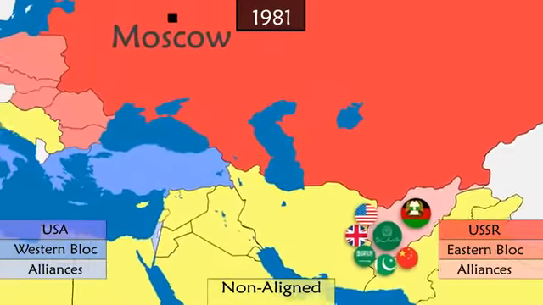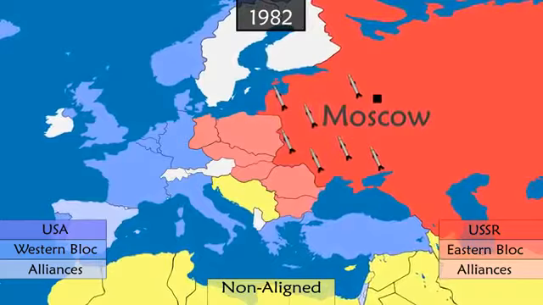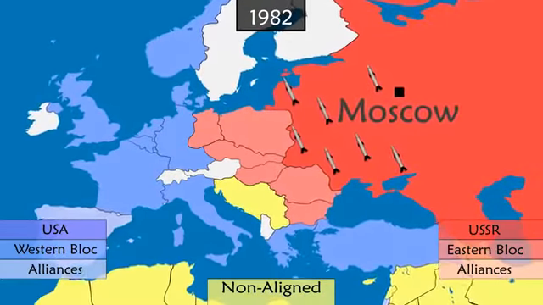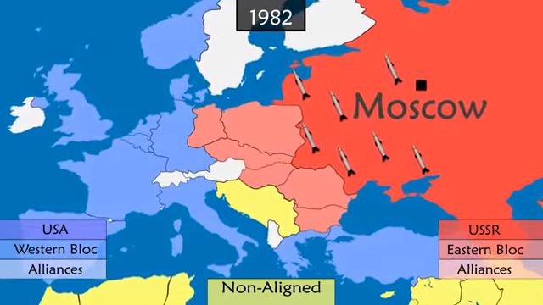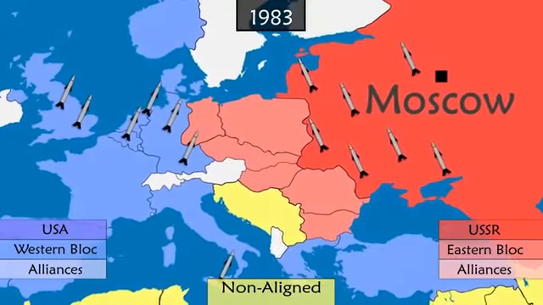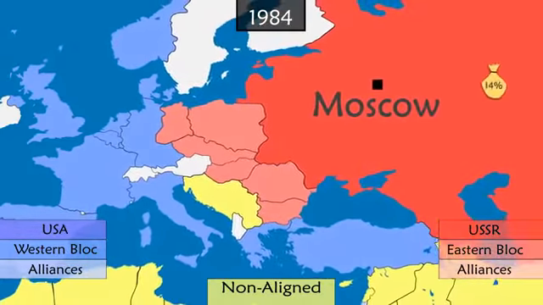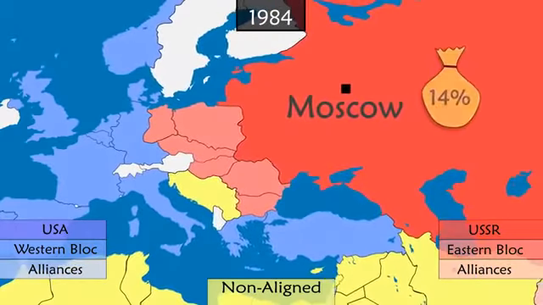The USSR also upgrades and replaces its missiles directed towards Europe with more precise ones. This marks the beginning of the Euro missile crisis, which threatens Europe and pushes the United States to install new missiles of its own. This sparks an arms race, with the USSR investing up to 14% of its gross national product on the cause.